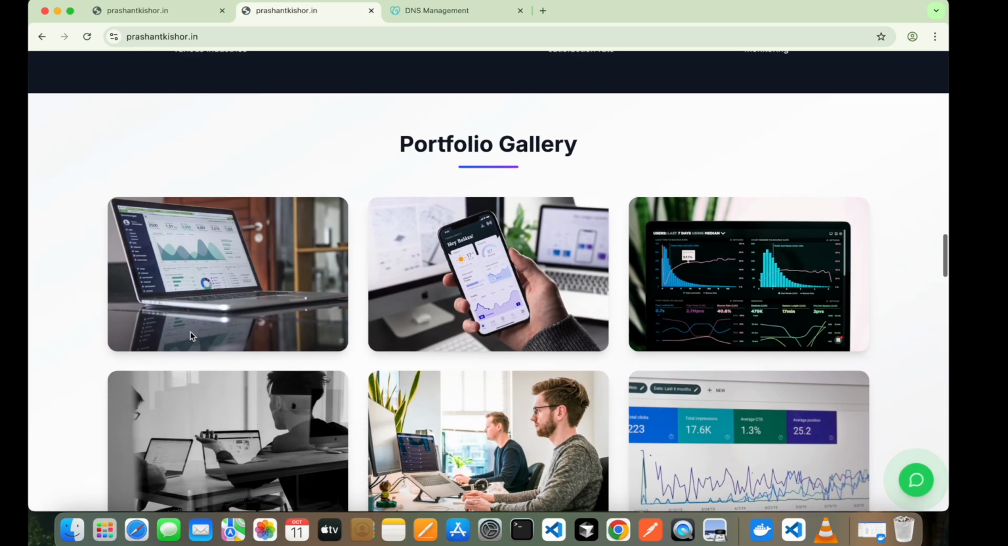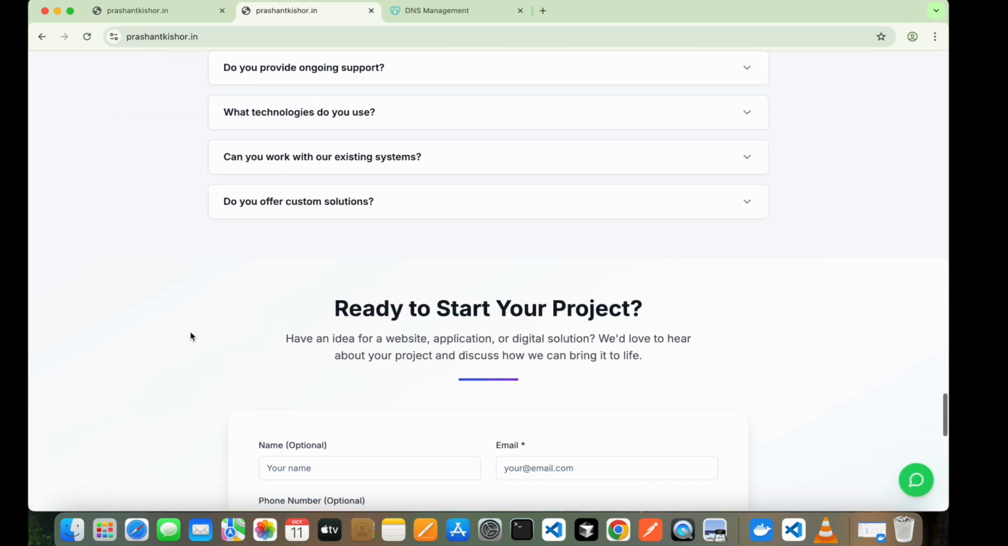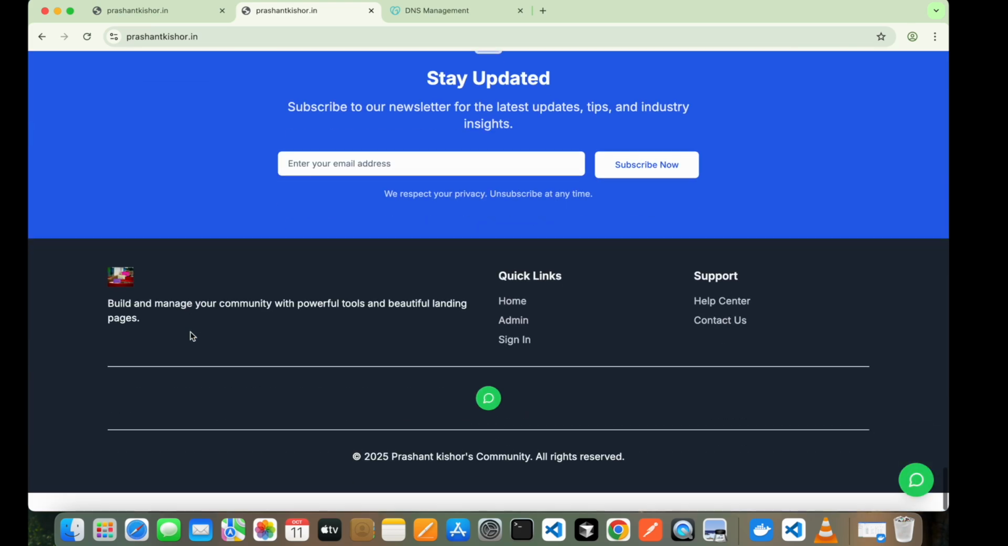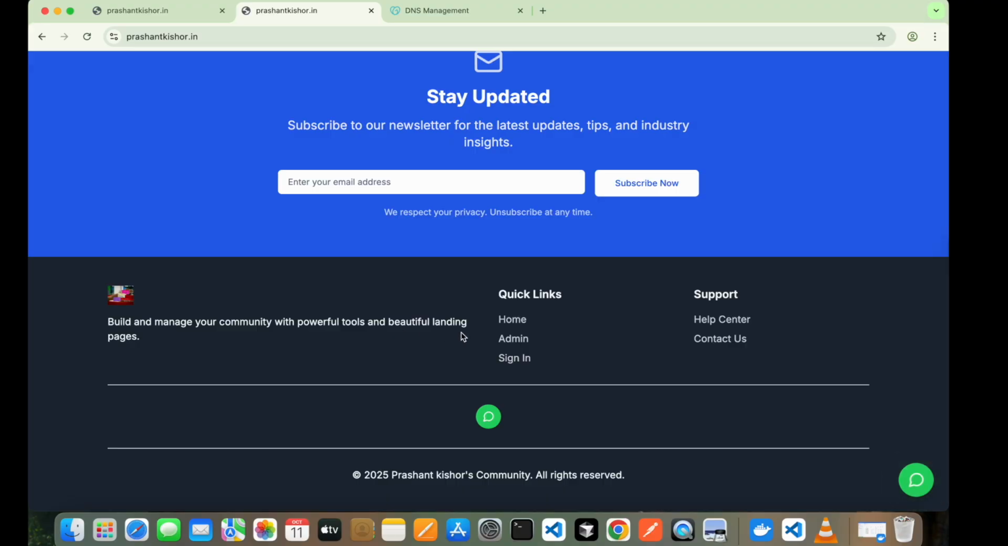For example, in the footer also, I don't want to show these quick links or support. I want to give some specific links. And here currently it is showing only the WhatsApp icon. I want to configure a GitHub icon or LinkedIn icon or Instagram, YouTube, anything, whatever we want, that we can configure from our admin